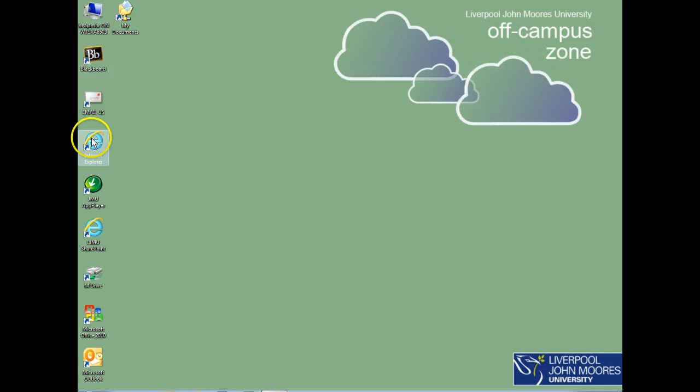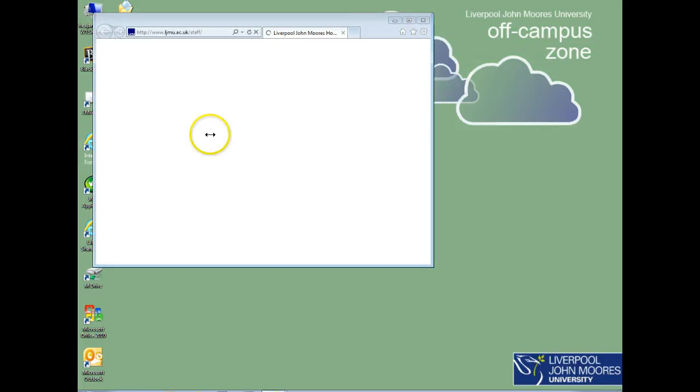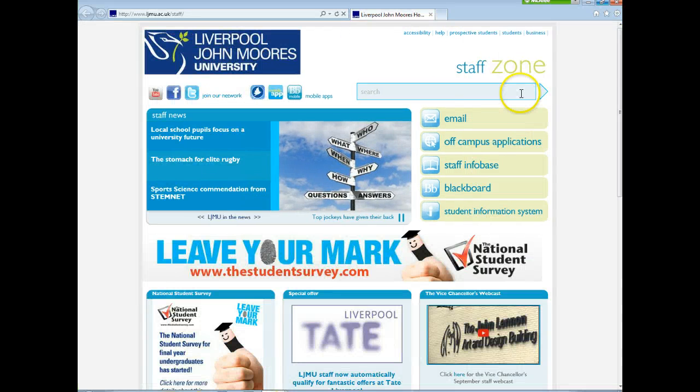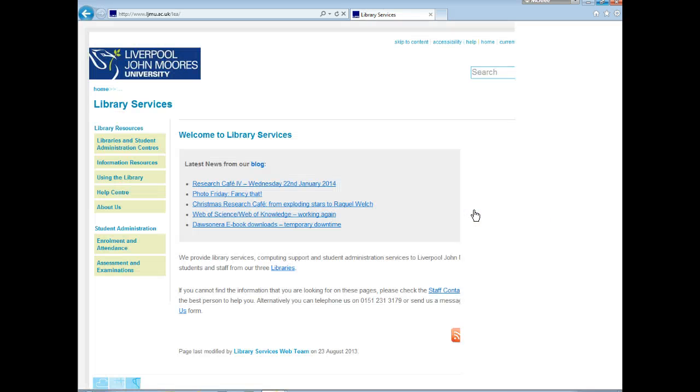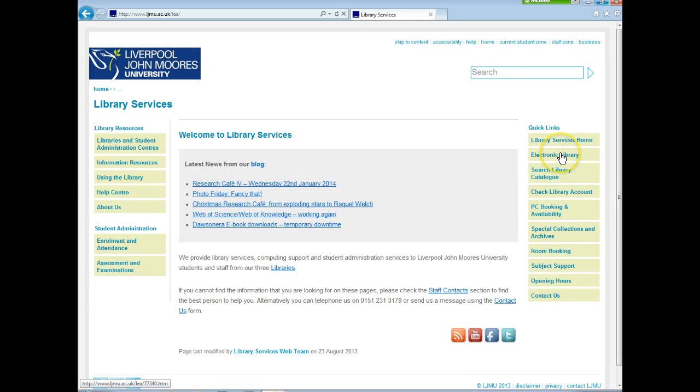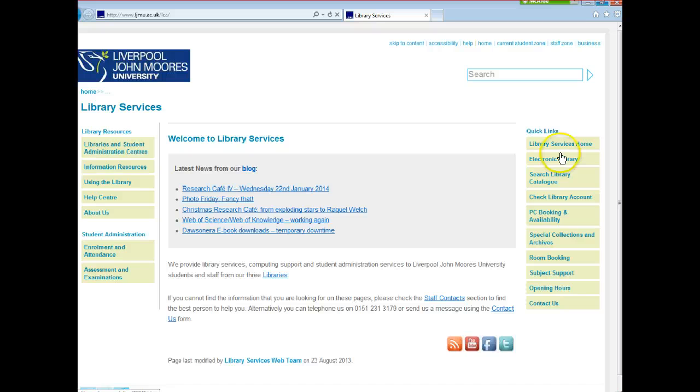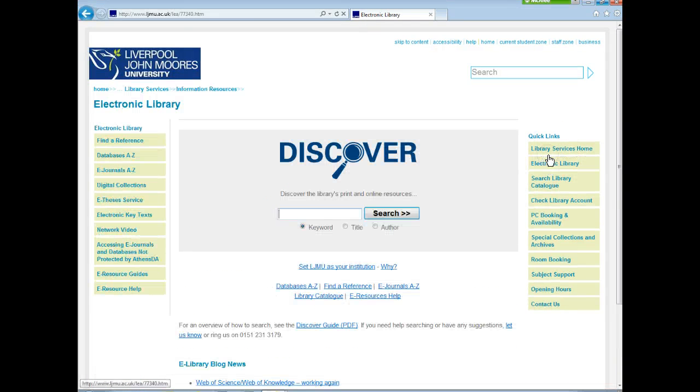And basically you go to Internet Explorer here and you'll get the page that we actually started on, but this time we're inside John Moores University's computer system, if you like. So you'll get this student page, and you can then go into Library Resources. So you click Library Resources. Up here you've got electronic journal again, as I said before, but this time we're inside LJMU system, and let's